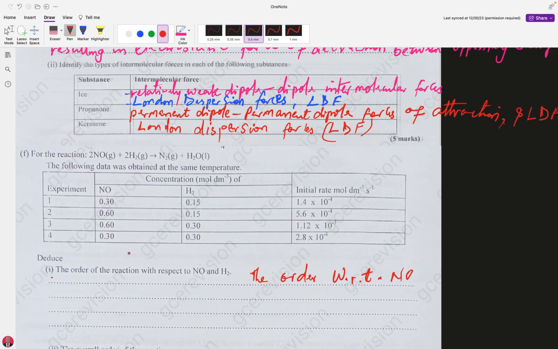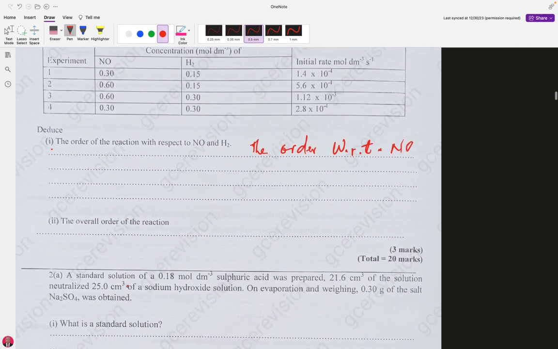Let's move ahead. Keeping this constant, let's say experiments 3 and 4, keeping it constant, it will be 0.60 for NO. We have 0.60 divided by 0.30, which will be equal to their corresponding initial rates, 1.12 times 10 to the minus 3